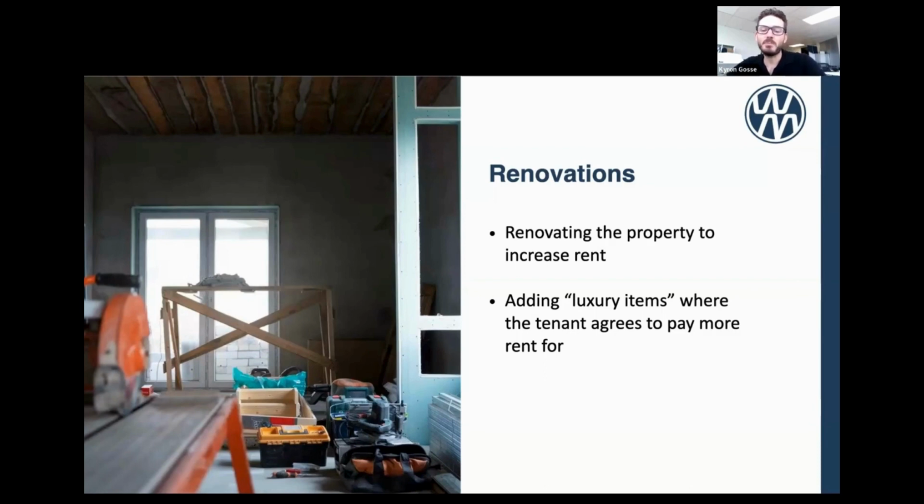Something simple like a heat pump. Obviously, your house already has to be healthy home standard, but if they want additional heat pumps in and they're willing to pay an extra $20 per week, well, at $2,000 or so for a heat pump, that's going to pay for itself very quickly. And you're now going to be able to achieve additional income, especially if you're leveraging mortgage interest rates instead of just paying for it out as cash. Adding bathtubs, fences, allowing animals, they're all little things that people might be willing to pay